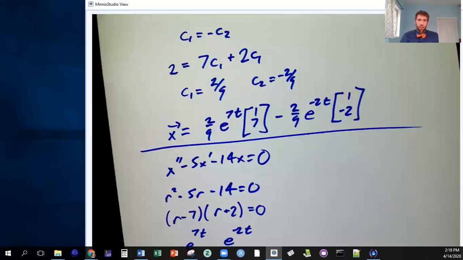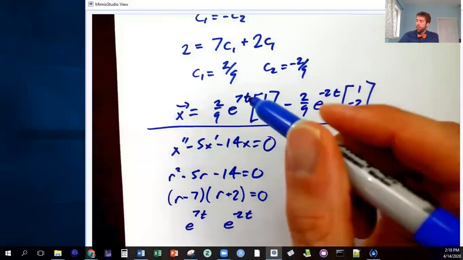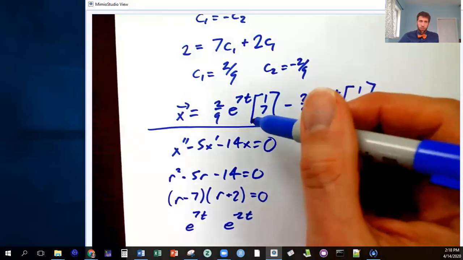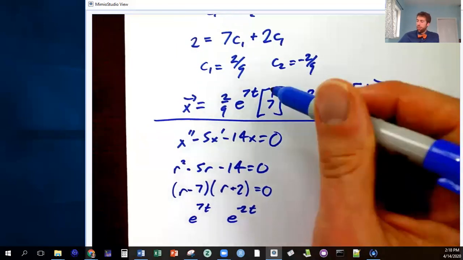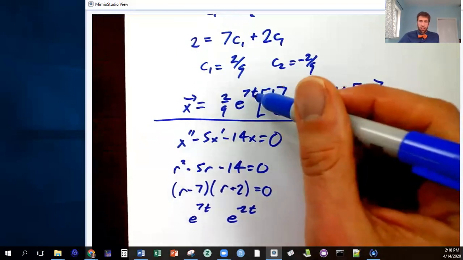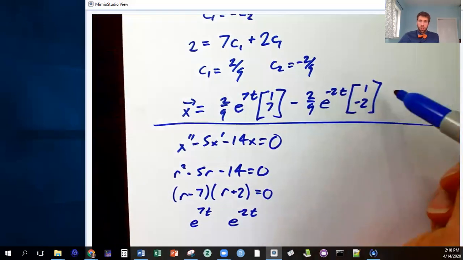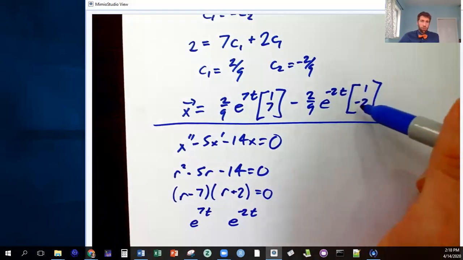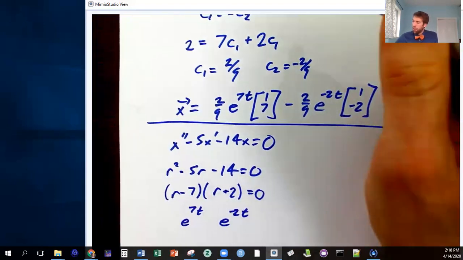There's one thing I forgot from the long way, which is that this is really a vector where the second component is x prime. And you notice that if you take the derivative of e to the 7t, you get a multiple of 7. Take this one's derivative, you get minus 2. So there's really no new information in the bottom row. And so all you really need was that